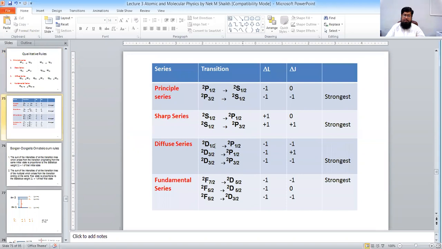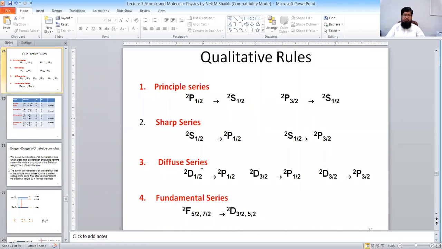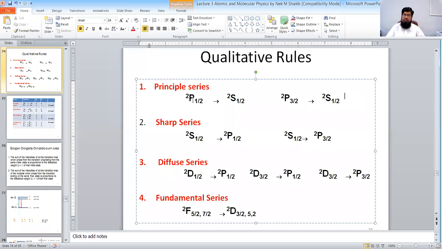हमारे पास जो सीरीज है वो चार किस्म की होती है। एक है प्रिंसिपल सीरीज, दूसरी है शार्प सीरीज, तीसरी है डिफ्यूज सीरीज, चौथी है फंडामेंटल सीरीज। प्रिंसिपल सीरीज किसको कहते हैं कि जो 2p से 2s में आए, p to s series is known as the principal series, which is 2p 1/2 से 2s 1/2 में आए, या 2p 3/2 से 2s 1/2 है, तो this series is known as principal series।